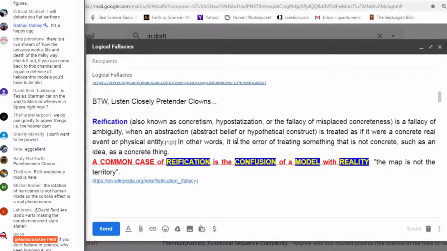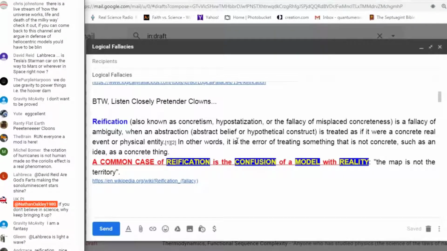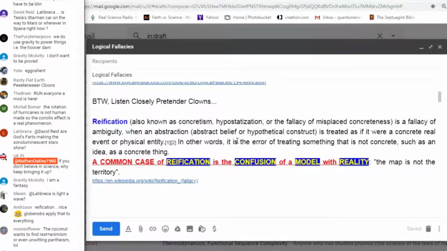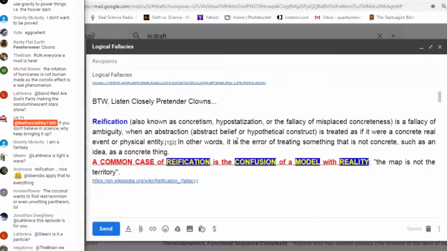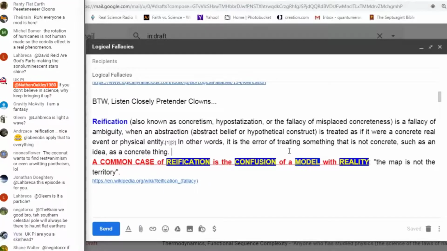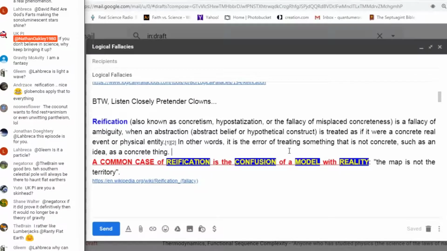A common case of reification is the confusion of a model with reality. Oh, you're circling the drain at light speed, globetards. Every single time now that you bring up this term model, you're done for. Because what we're going to say is reification fallacy. And then we're going to point you to your alma mater,